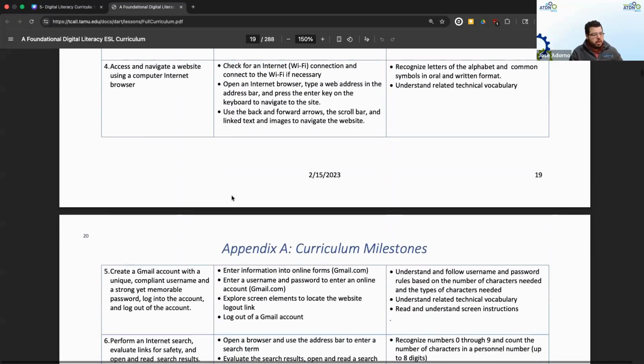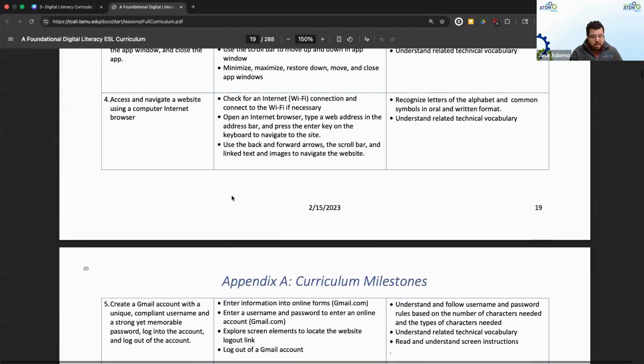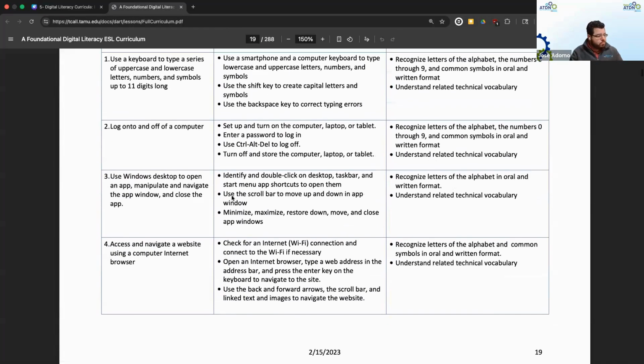I'll go through that across. Based on this, we had navigating, so that was 4, access and navigate a website using a computer. Use Windows desktop to open an app, manipulate and navigate the app window. So you're looking between 3 and 4. This is going to give you some context as to where you're going to focus if that's the particular milestone you're trying to work with.